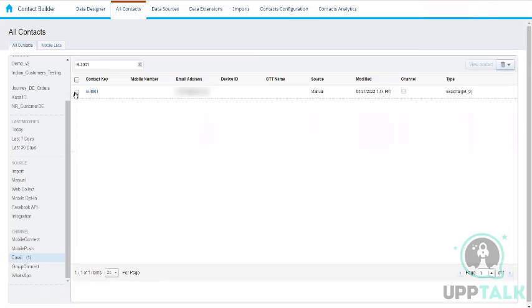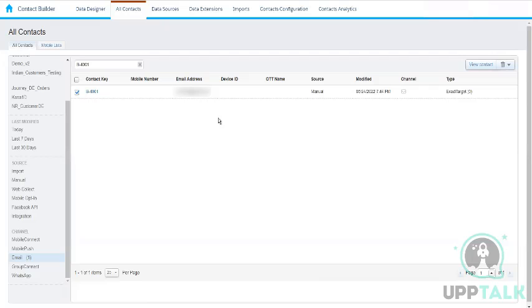So we will delete this contact. We'll check this checkbox and click on this pin icon and this drop down. Here we can delete the selected contacts if we want to delete manually. Otherwise, we have two more options. We can delete the contacts from our list or from the data extension. Here we have to select the list, and in the other option we have to select the data extension,